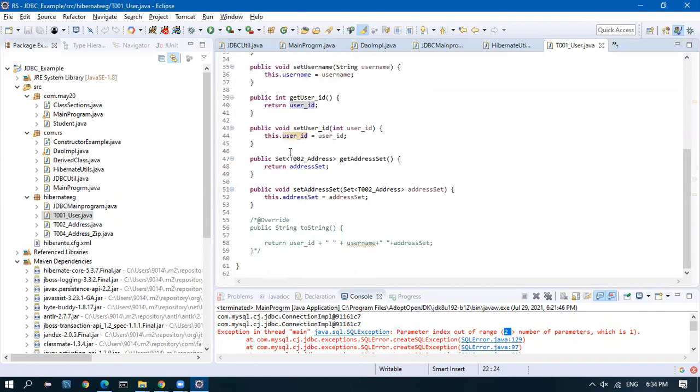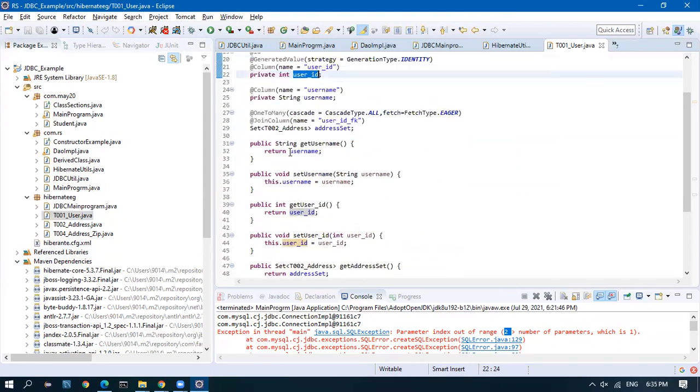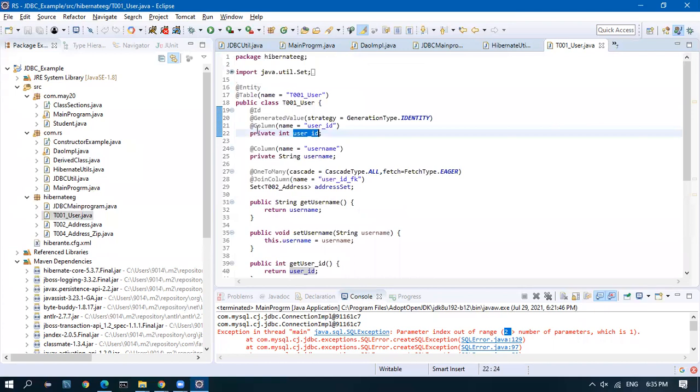You do it manually: add @Id, add @Column, add one-to-many. This is a manual configuration, a one-time configuration during the start of the project. There are also tools available. You can auto-generate this also. If you install the tool, the tool will ask for the database, you have to point to your database and give the credentials. For every table, the tool is going to automatically generate a POJO. That's also there.